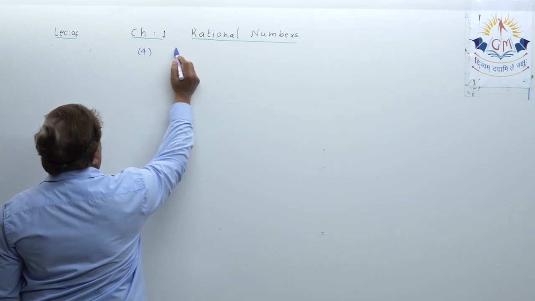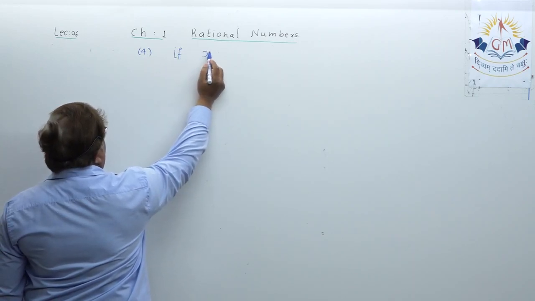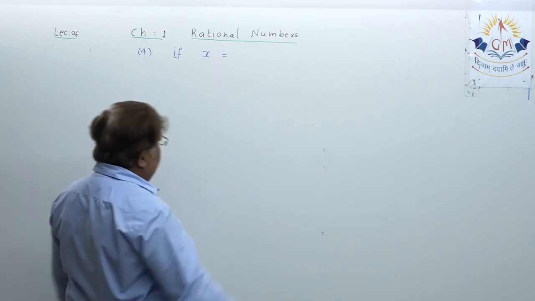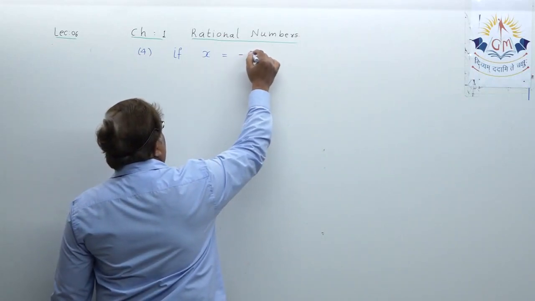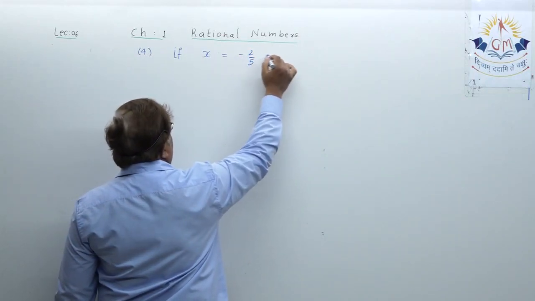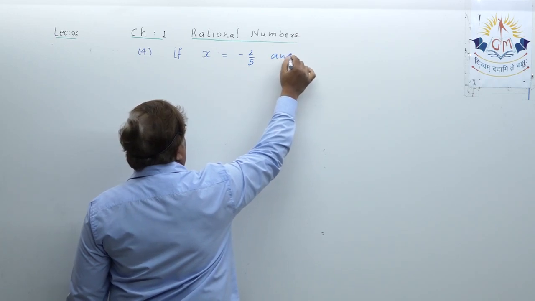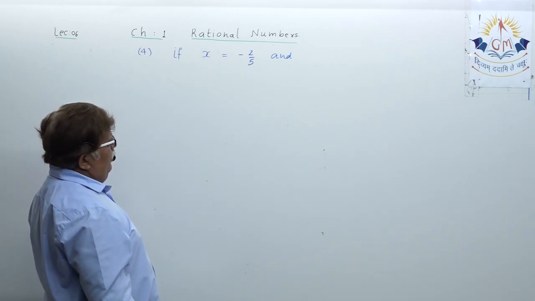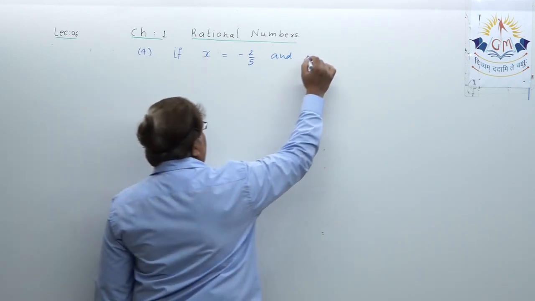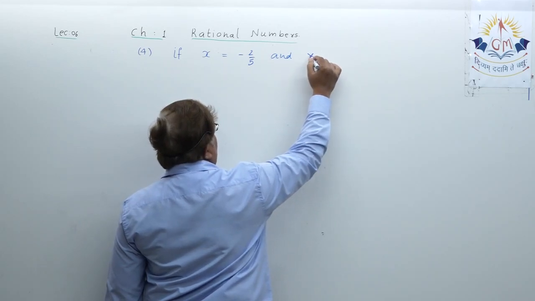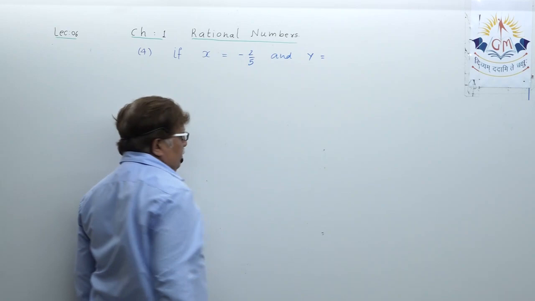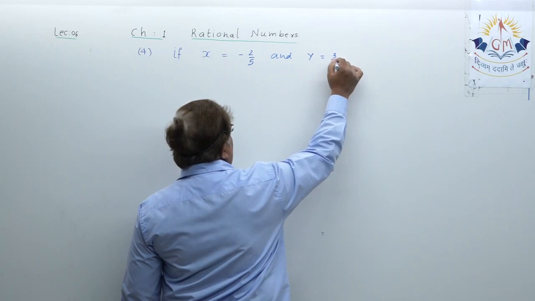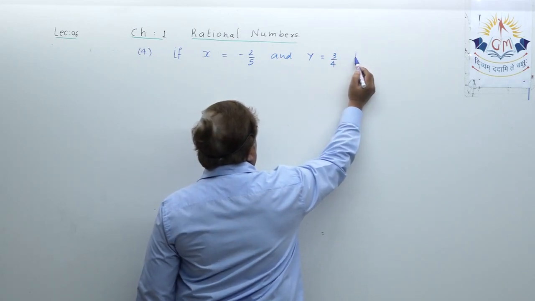If x equals minus 2 upon 5, please note down, x equals minus 2 upon 5 and y equals 3 upon 4, then